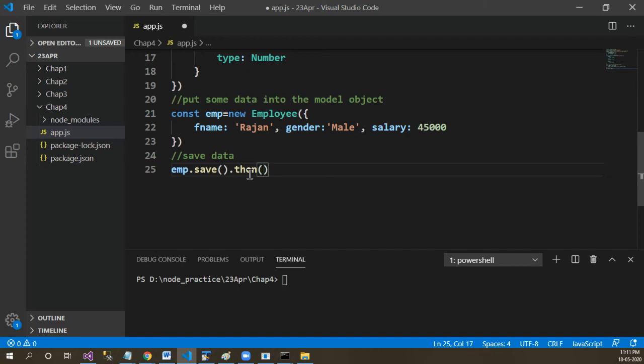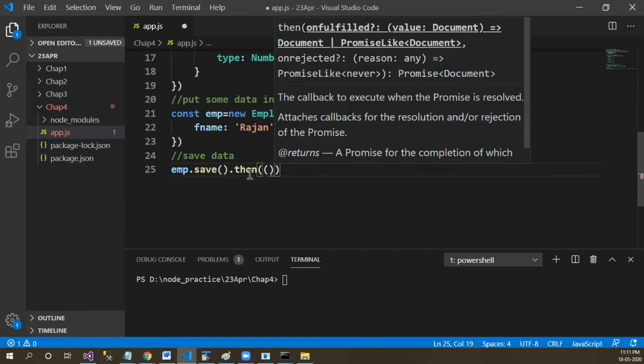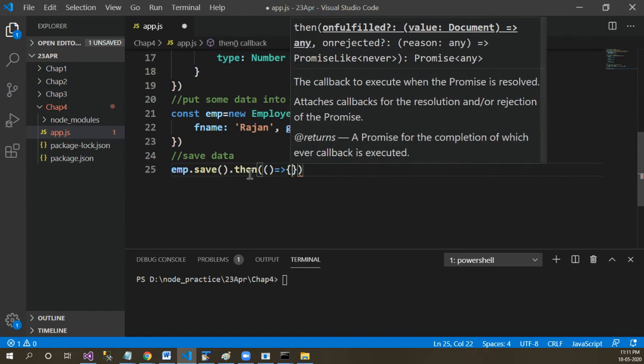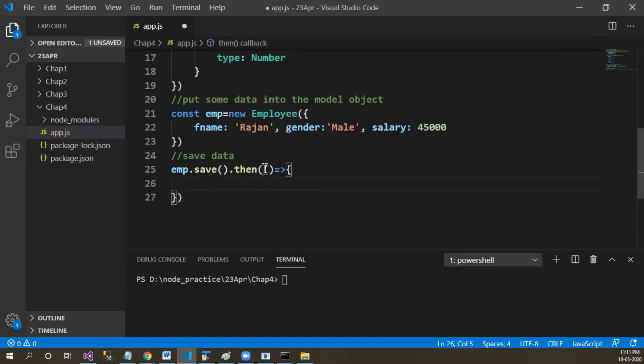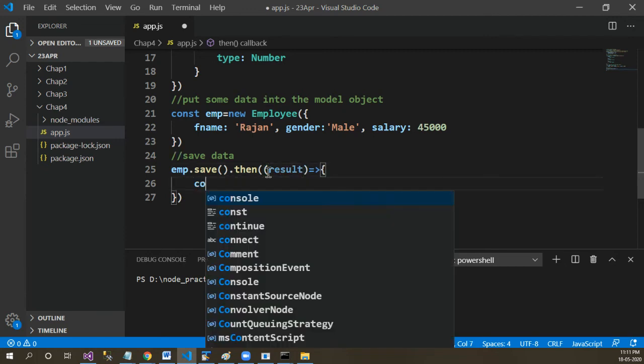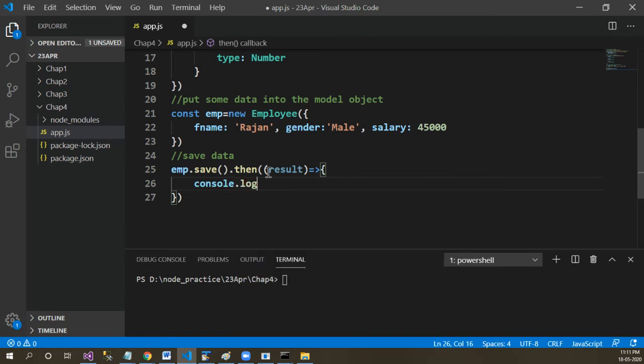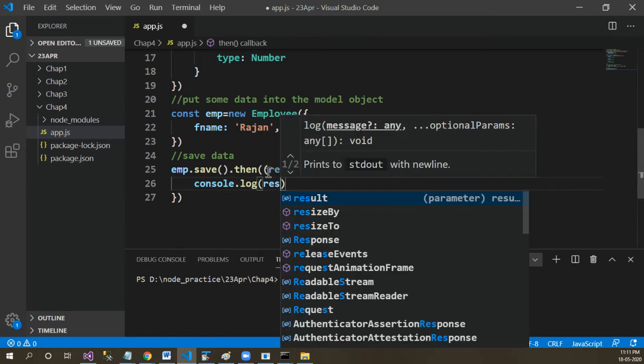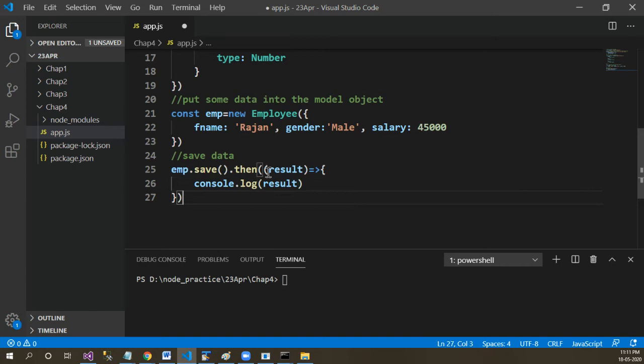So in .then, let's create a function here. What I'm going to get is a result. So I'll log this result to the console that I'm getting from Mongo.